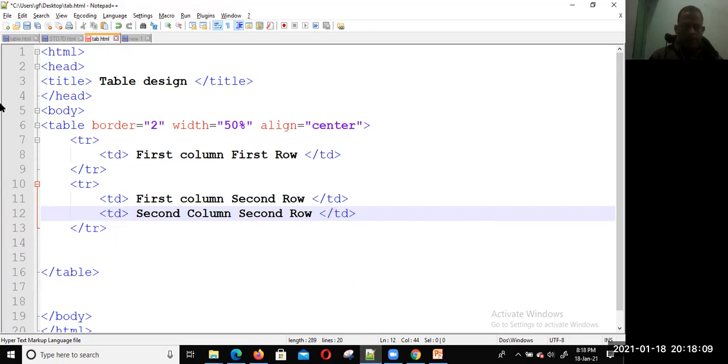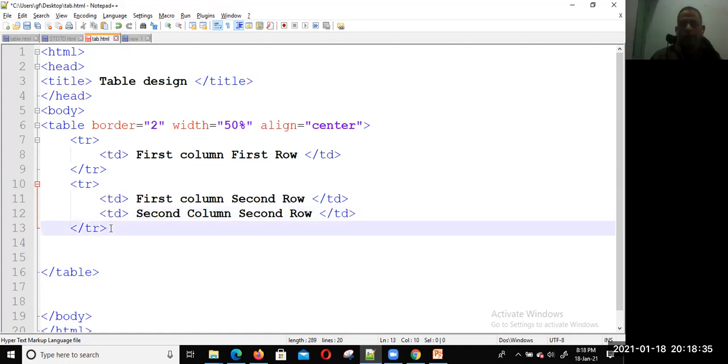You can see the simple structure here. The tr open, tr close must be checked once when you write the tags. So we have the first row with one cell, and the second row with the first column and second column, which must be closed properly.